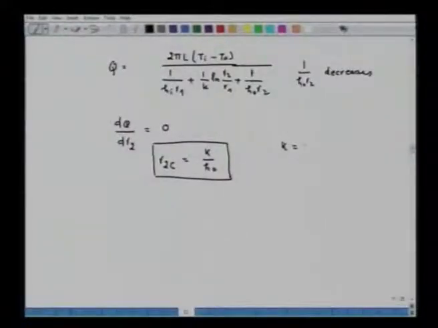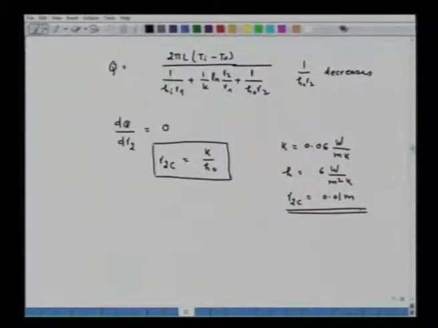Now, for example, if we take K equal to 0.06 watt per meter Kelvin and H equal to 6 watt per meter square Kelvin, then we get R2C equal to 0.01 meter. So, what does it mean? It means that beyond a critical layer thickness of 0.01 meter, if you increase the insulating layer thickness beyond 0.01, the heat transfer, or the heat flow or the heat loss, will increase rather than